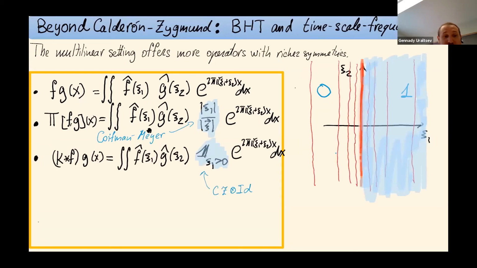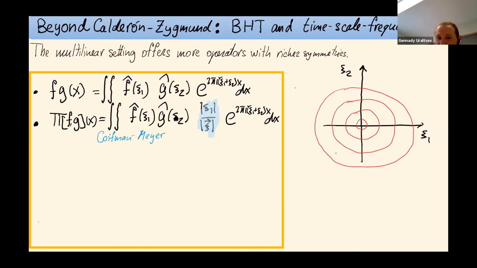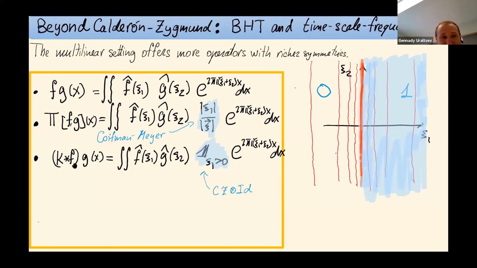And here, as we mentioned, the form of the multiplier has a singularity essentially at the origin, and it has this homogeneity with respect to radial rescalings. Well, what you could do is take the product and apply Calderón-Zygmund theory to each of the components separately. So, for example, take the Calderón-Zygmund kernel whose Fourier transform is just a characteristic function of